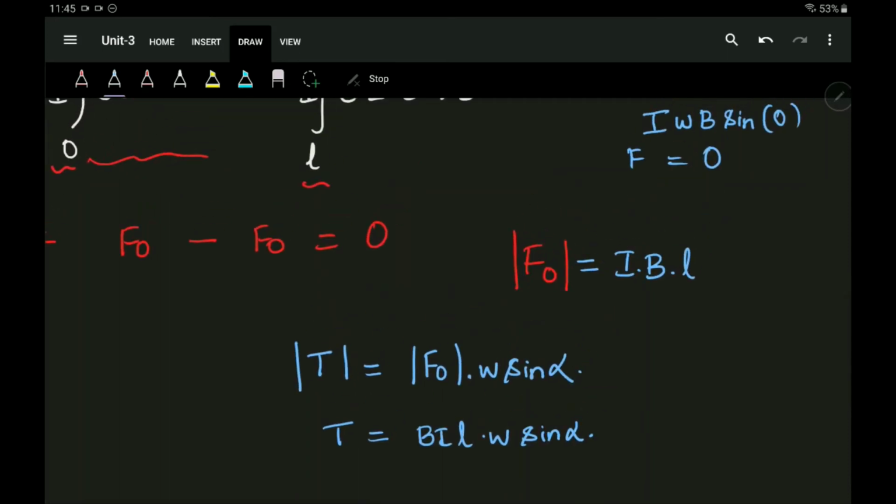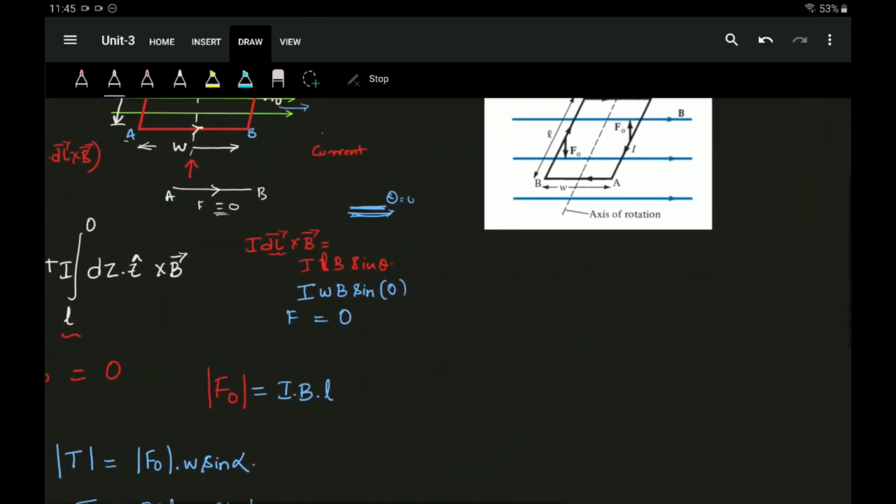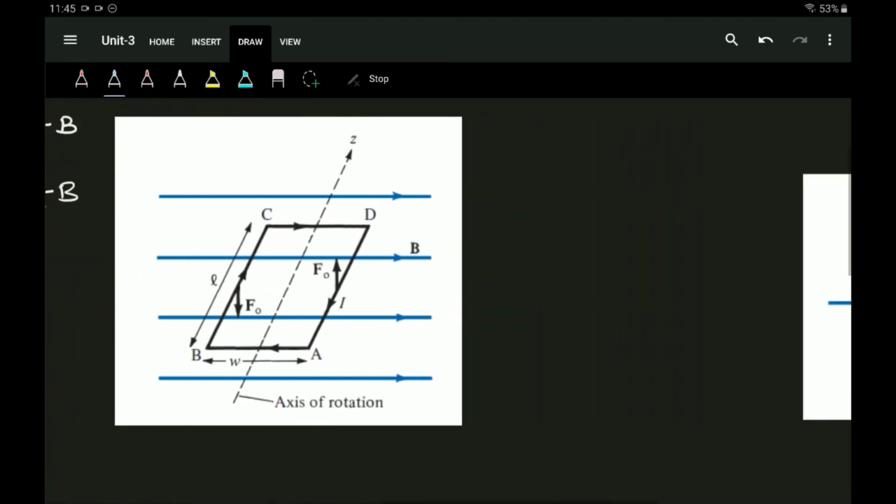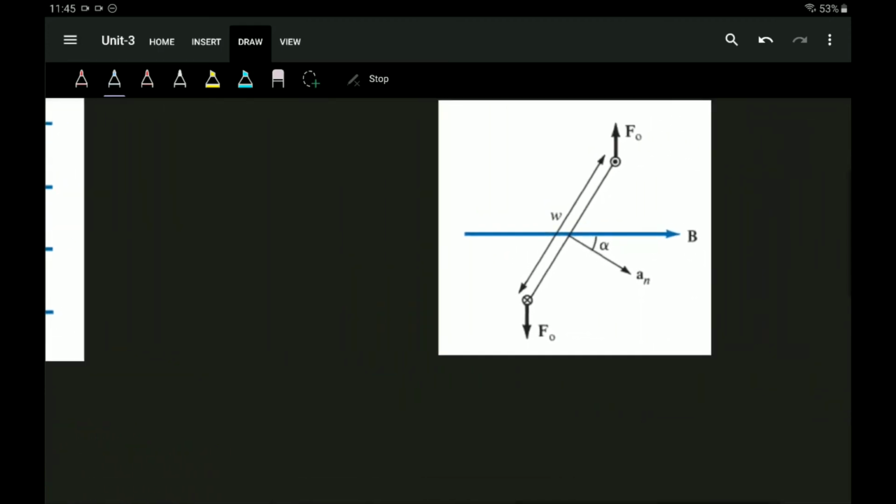So you might think, what has happened now? Basically, this was the diagram which we discussed right now. Here the current direction is reversed. That's why the forces are acting like this. But what I'm speaking of now is, what if I have kept the current element something like this? If the current element is something like this, and the normal of this current element is making an angle alpha.